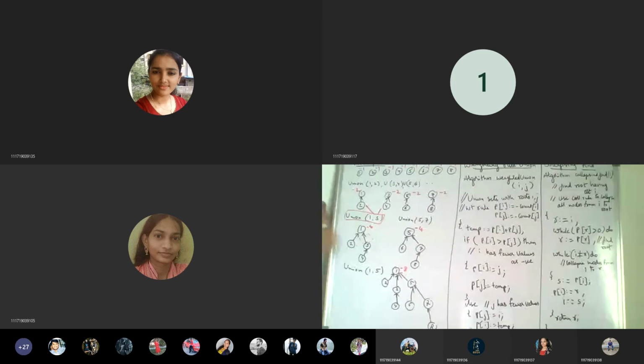Here we are writing negative, saying that 1 is the root, and 4 is the number of elements: 1, 2, 3, 4, so 4 elements. Similarly, we are performing the union of 5 and 7, these two. 5, 6 is one set and 7, 8 is one set. Since we are doing 5 and 7, these need to be connected in order to do the union of 5 and 7. Since 5 is the root, we write it as negative, and 4 indicates 1, 2, 3, 4, so that's how we get minus 4.